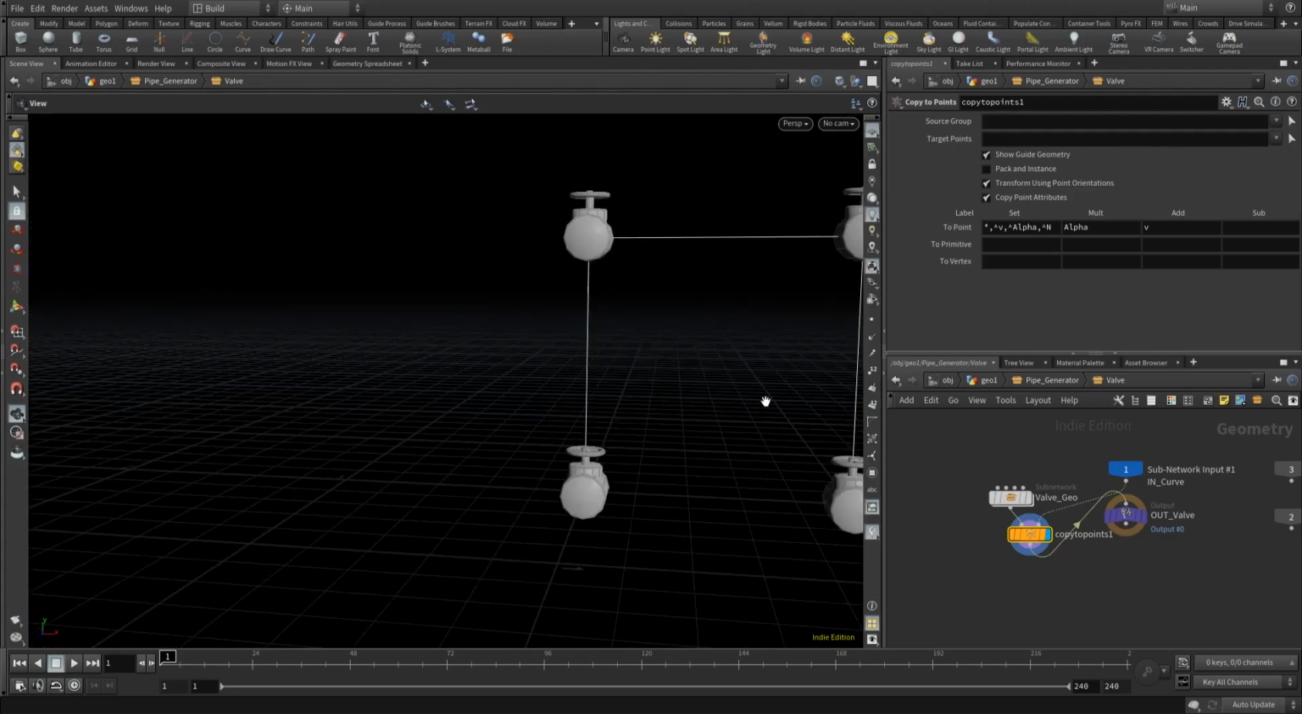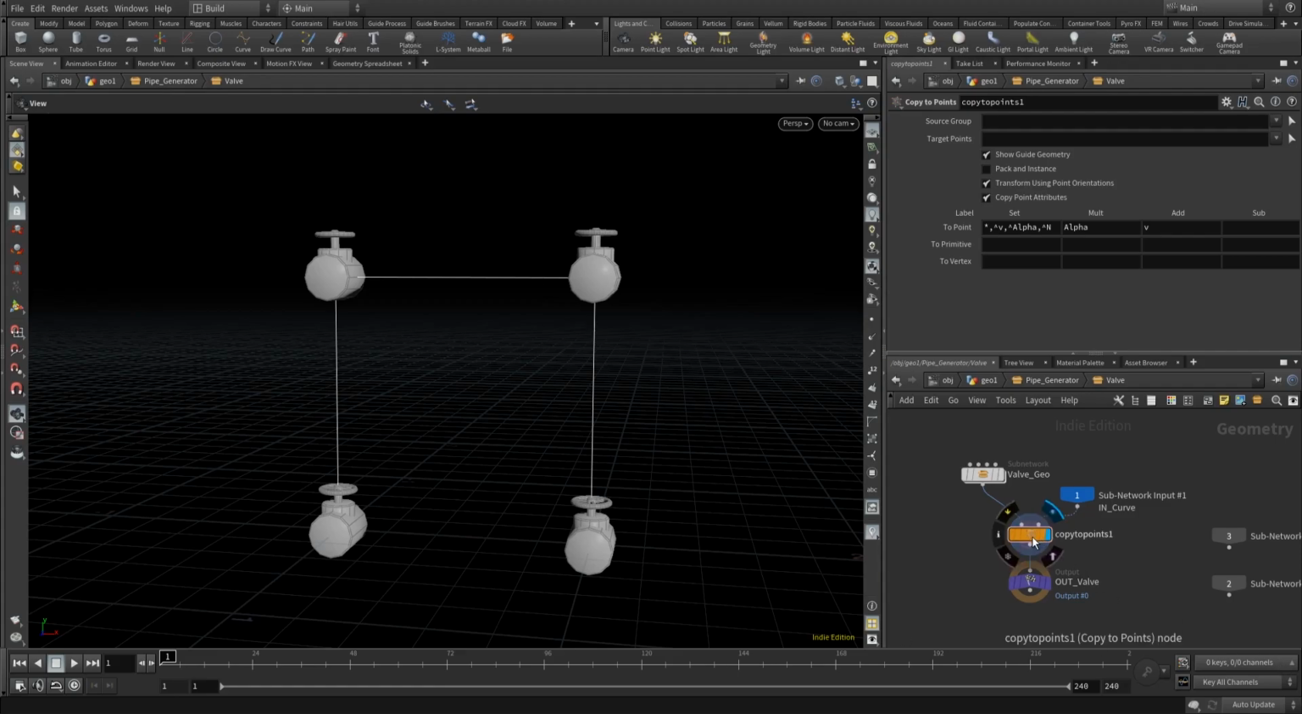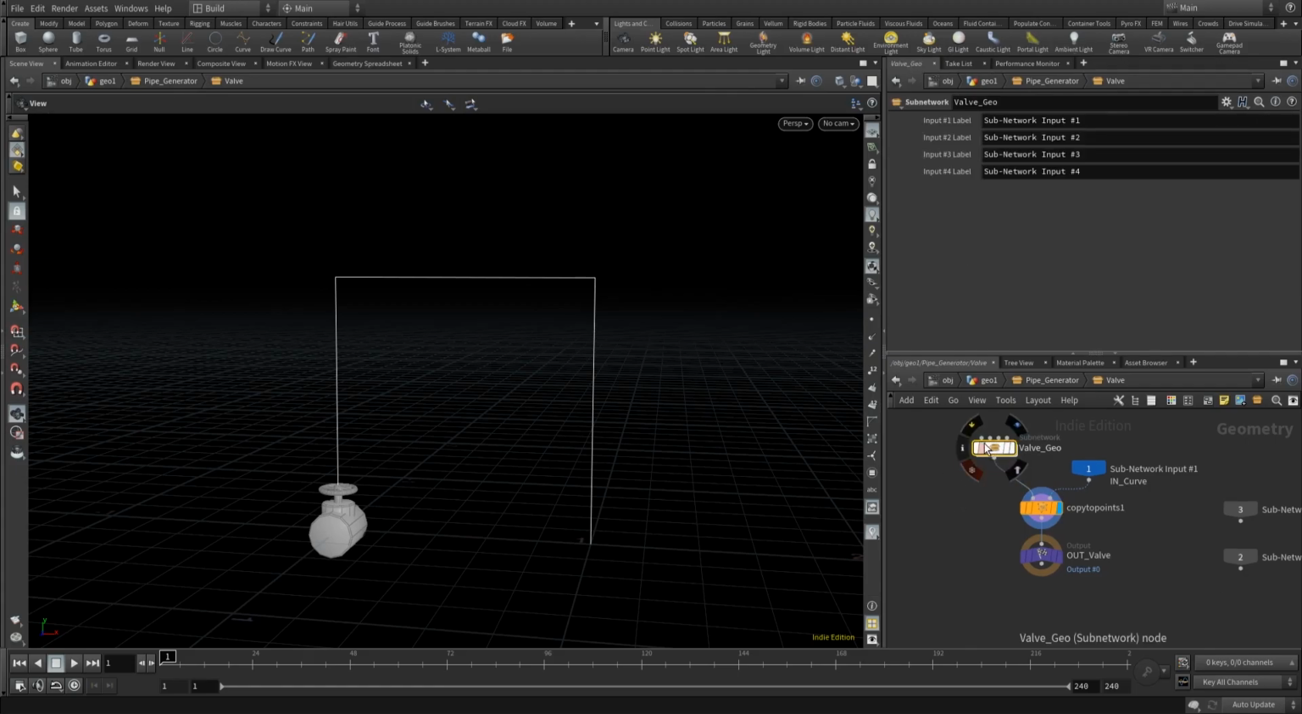And right now at every single point one gets copied, and that's not really what we want. So in our copy the points, we're just going to set the target point to 0, and that's going to give us our first point. Bear with me because I'm going to try to work around this a little bit. I haven't really tested this too much,